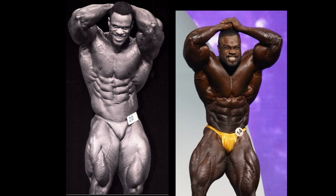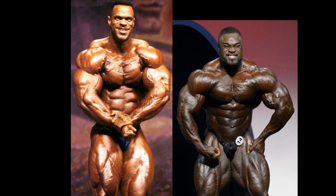But one thing that also could be expected is a clean victory in the ab and thigh shot. He is very narrow, is Paul Dillett, in the waistline. Very slender indeed, but his big booming shoulders, that broad chest, make a nice V-taper. The six-pack alone is enough to beat Brendan Curry. Look at those abs, deep cuts. When you look at the thighs, I mean, how many inches are those thighs? 50? 53? Hard to say. I'm sure it's not 53. But they are big. 30, I'm sure. 30 plus. Either way, it was enough to get a victory for Paul, as well as here in the most